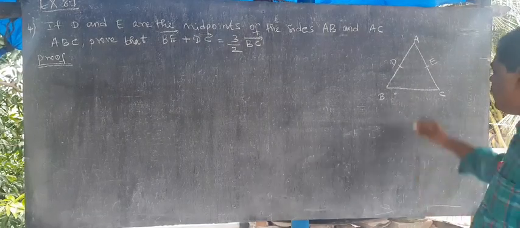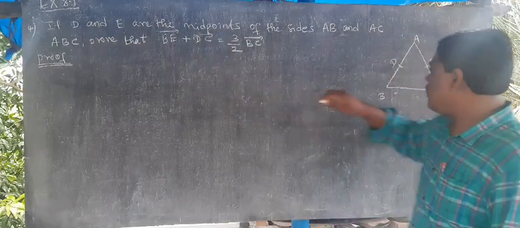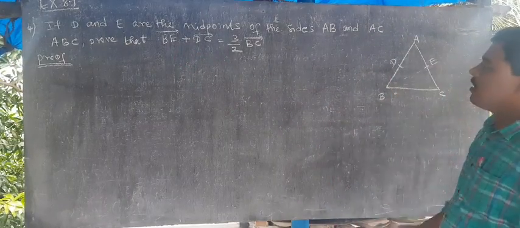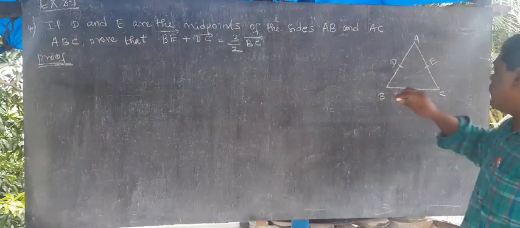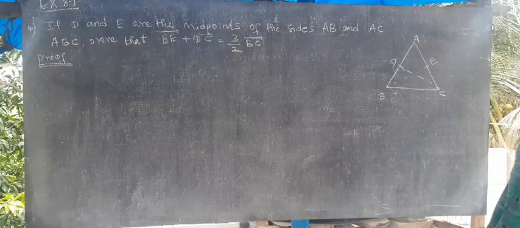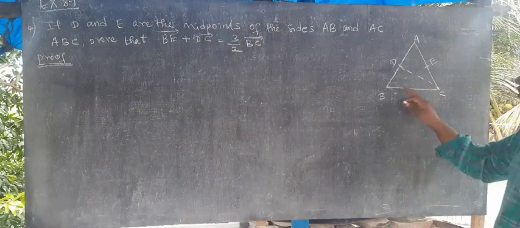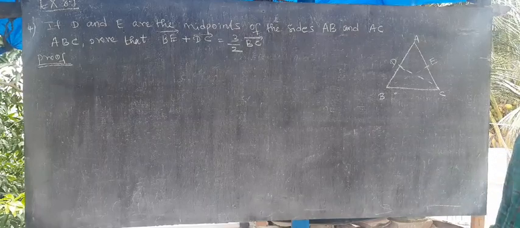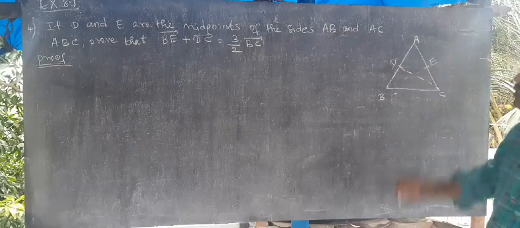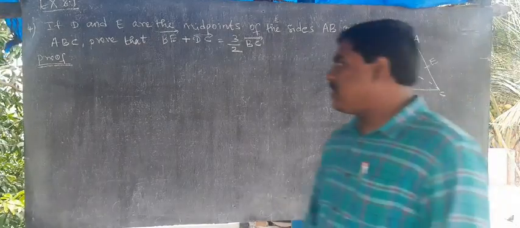Right? So, what we need to prove? BE vector and DC vector, right, equal to 3 by 2 BC, right? So, listen, here we are having A. I always told you, from the origin only one vector is there. So here